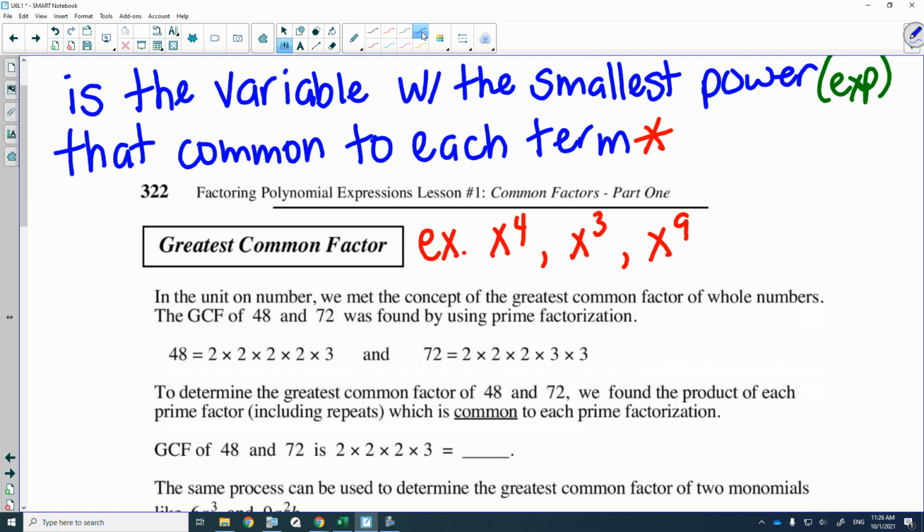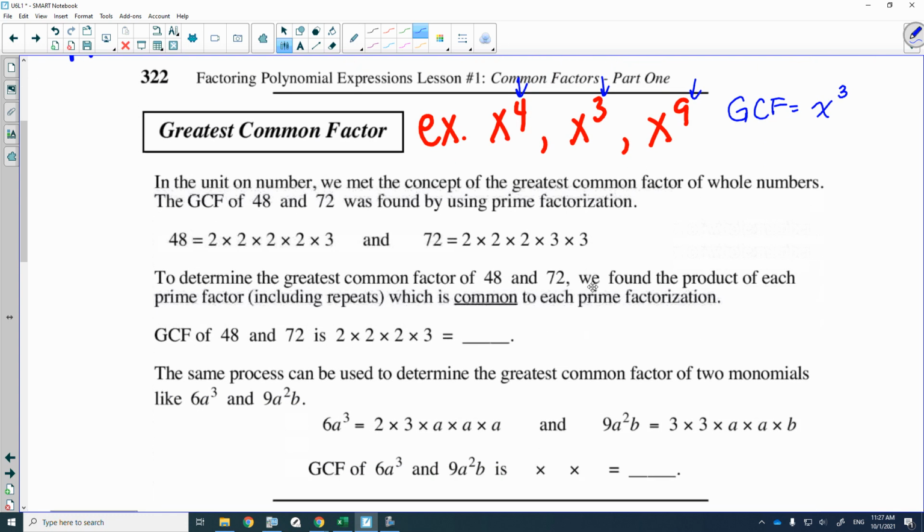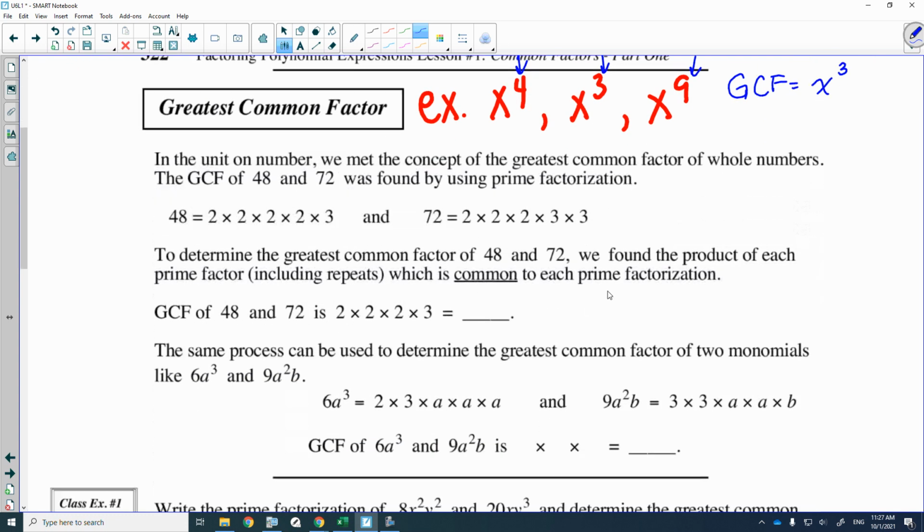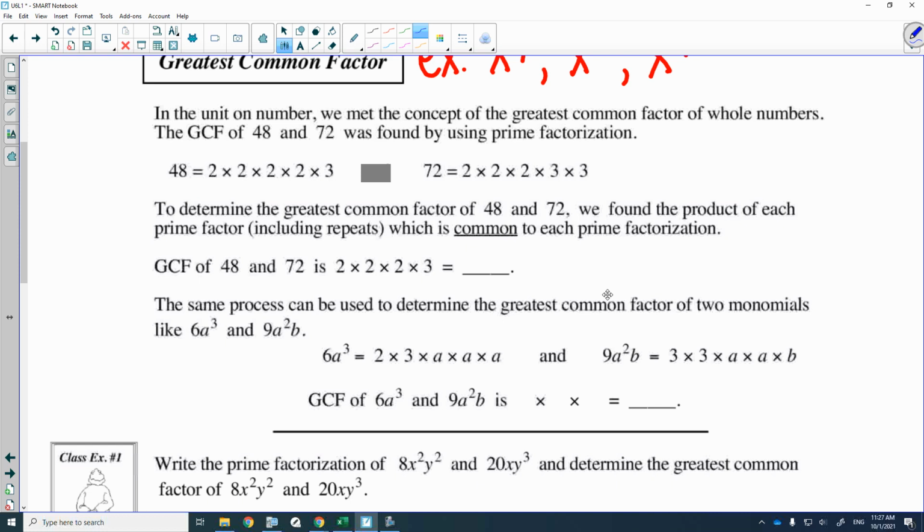So in this example here, if I say what is the GCF, it's going to be x. You've got a 4, power of 3, power of 9. The GCF of this would be x to the 3. Later on, I'll show you why it's going to be the smallest power and what we're going to do with the GCF, but for now, we're just going to practice finding GCF. Write down